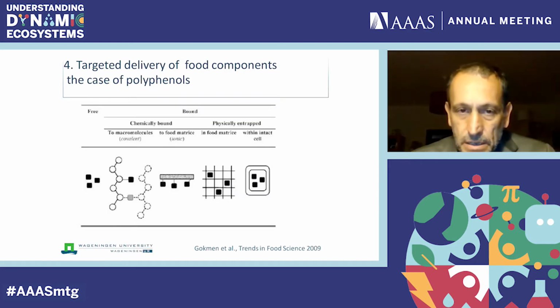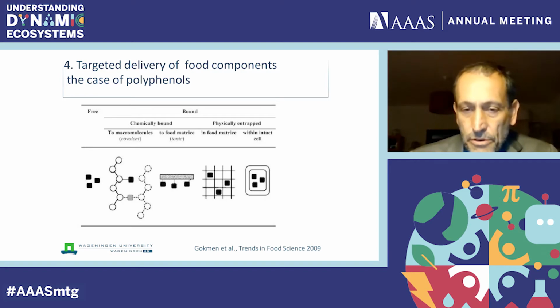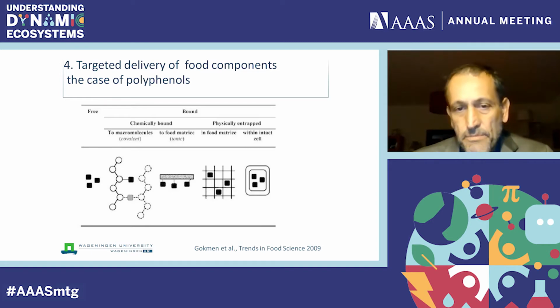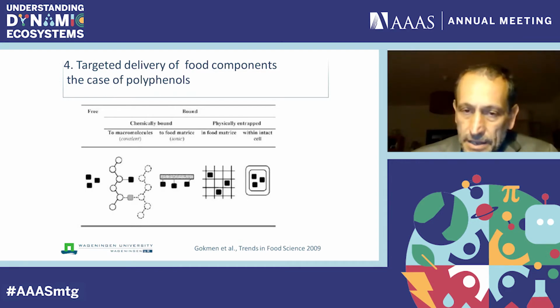Last experiment I want to show you, last case, regards the polyphenols, the phytochemicals. This is a kind of historical work for my group. So polyphenols in the food can be in very different forms, so free or chemically bound or entrapped in the matrix. And it's clear that although in general phytochemicals are not very bioavailable, when they are entrapped in the physical structure of food or covalently bound it is even less.